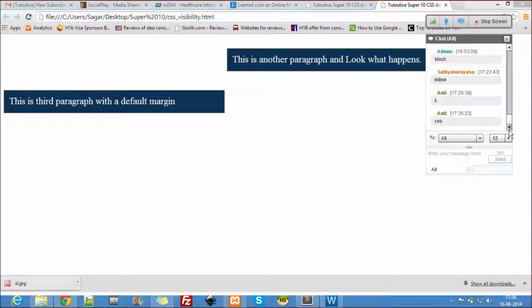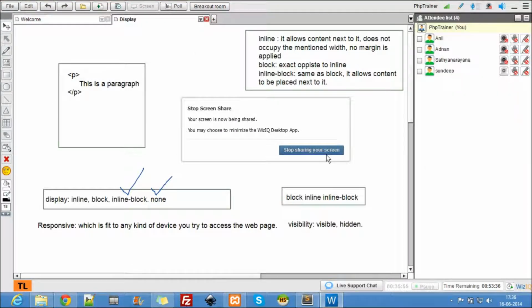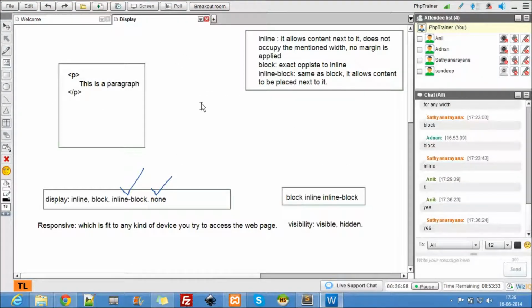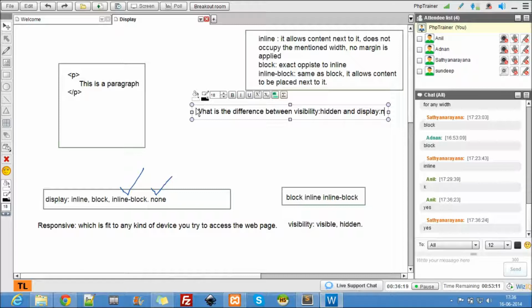What is the difference between visibility hidden and display none? This is the question.